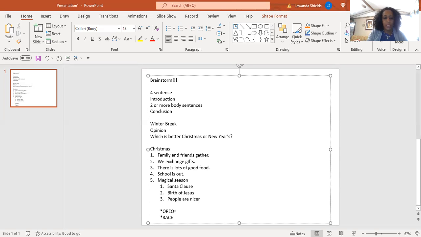Oreo, that would be opinion. I forget my writing. Okay, reason, explanation. Then I think again it's opinion. If I'm wrong, forgive me. But that's about it. Then RACE is where you state the question, you answer the question, cite text evidence, and I think the E is explain. I may be wrong on the last parts of those, but you decide which writing strategy you're going to use with your students when you're doing this.